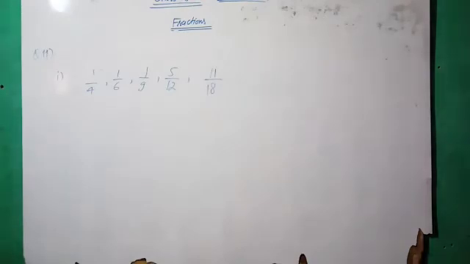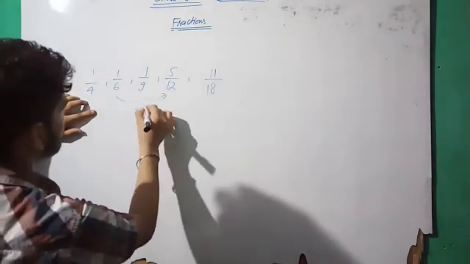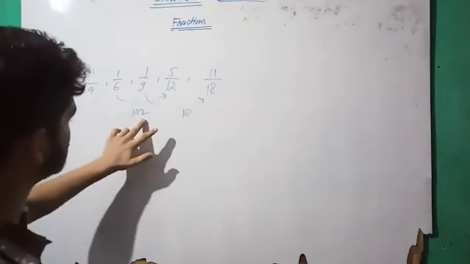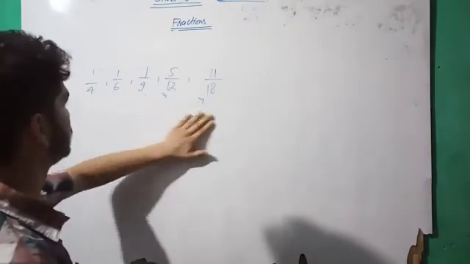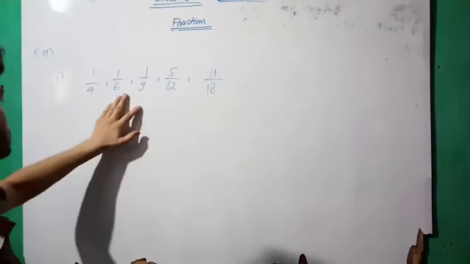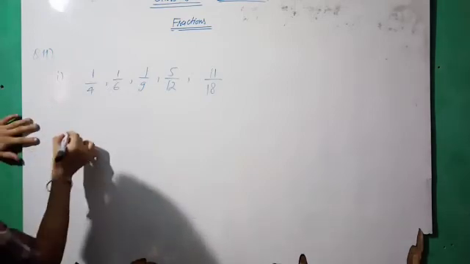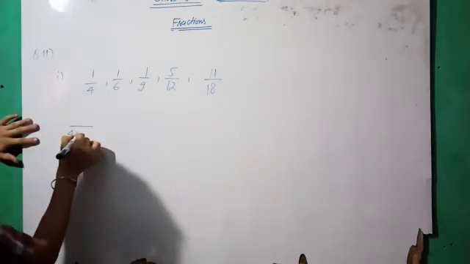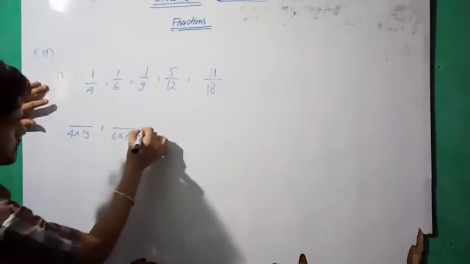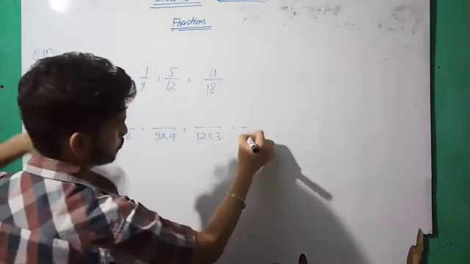So first of all you have to find out the LCM of all the numbers. The LCM of 6 and 12 is 12, 9 and 18 is 18, and 4 and 12 is 12. Okay. So we have to find just the LCM of 12 and 18, and the LCM of 12 and 18 is 36. So the LCM of all these numbers is 36. It means all the denominators are divided into 36. Okay. So for making 4 as 36, we have to multiply by 9, 6 by 6, 9 by 4, okay, 12 by 3, and 18 by 2.